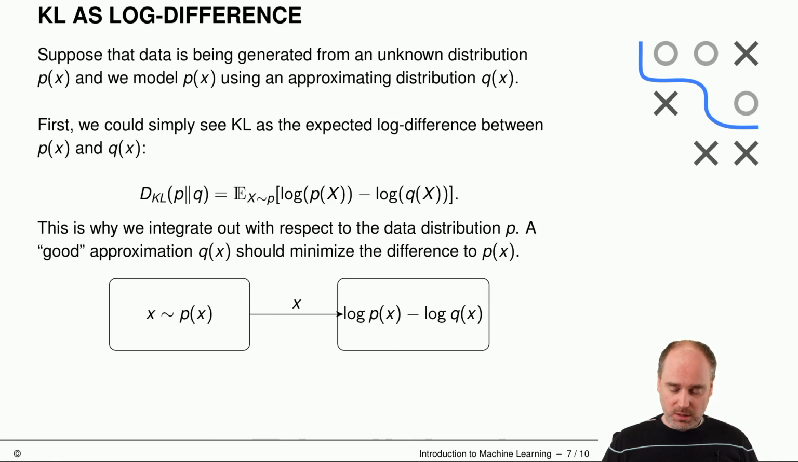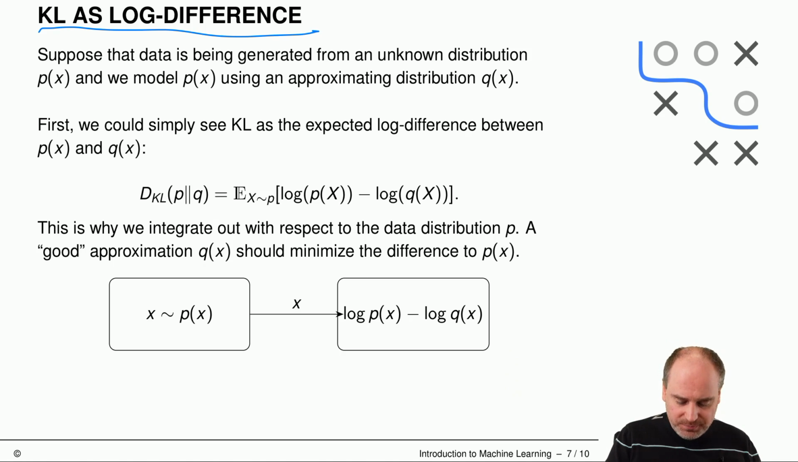So our first interpretation is Kullback-Leibler as a log difference. Let's assume that we have some data in front of us and that data is actually being generated from some unknown distribution p. And we now model p by using some approximating distribution q. So the first thing we could simply do is see Kullback-Leibler as the expected log difference between